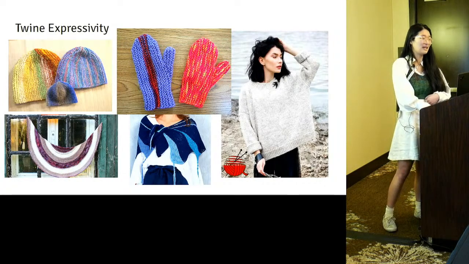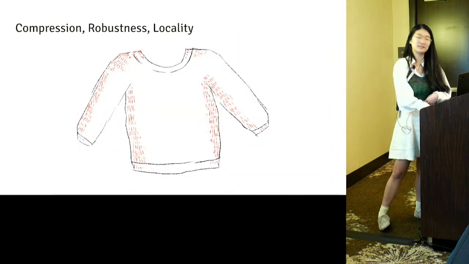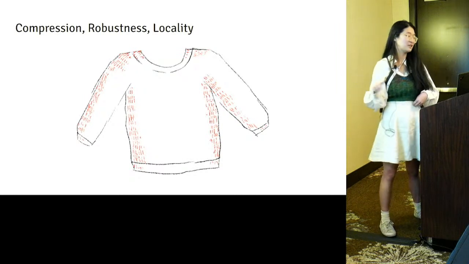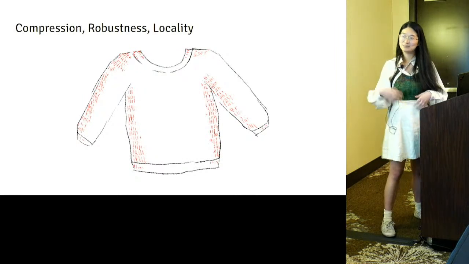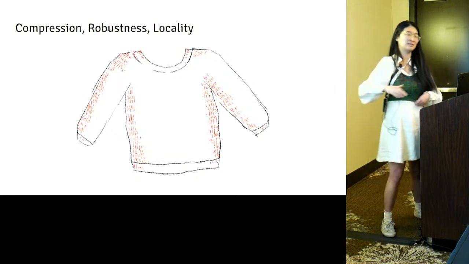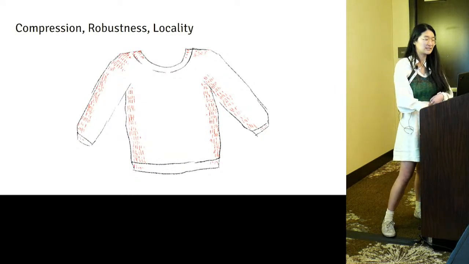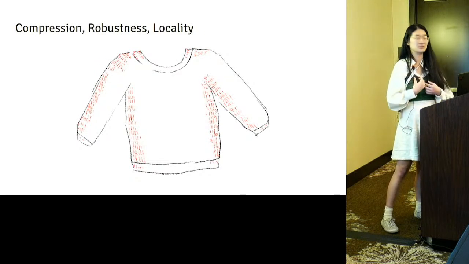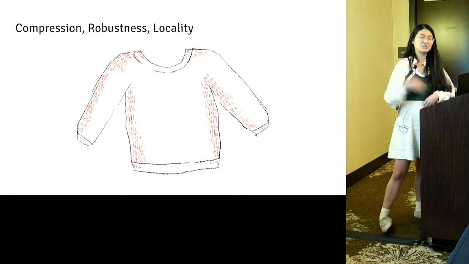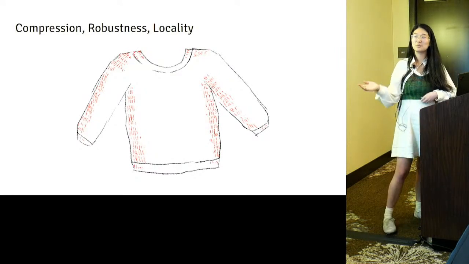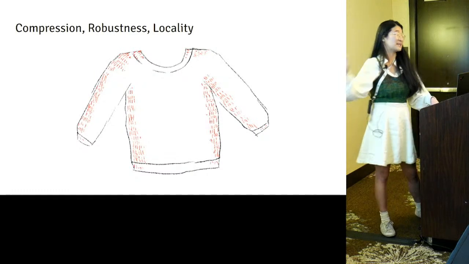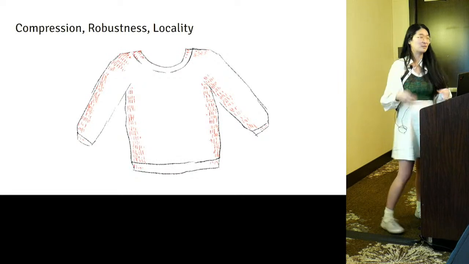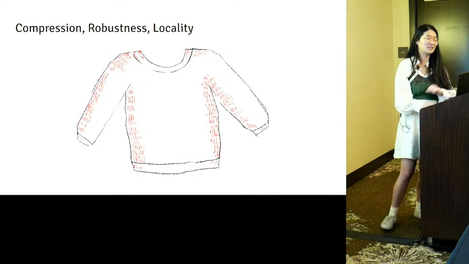In terms of the other three criteria that we talked about, we think that it's not the most compact representation. It's got a decent amount of robustness because you've distributed the instructions throughout the knit object, and it's got really nice locality because each course is encoding the fabrication instructions for that course. And I think there are other interesting implications here too. For example, the regularity that Twine programs have gives each Twine object a unique look. And it makes it identifiable as a self-replicating object, if you're in the know.